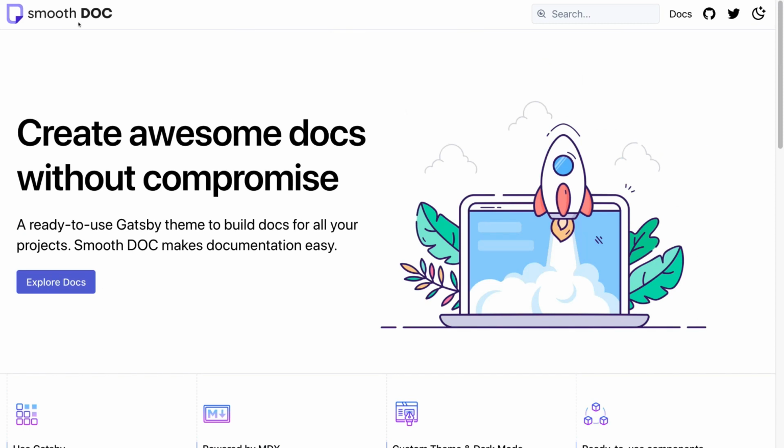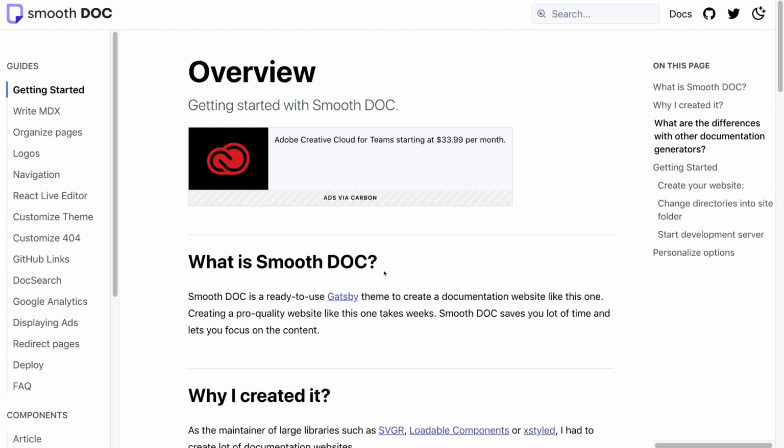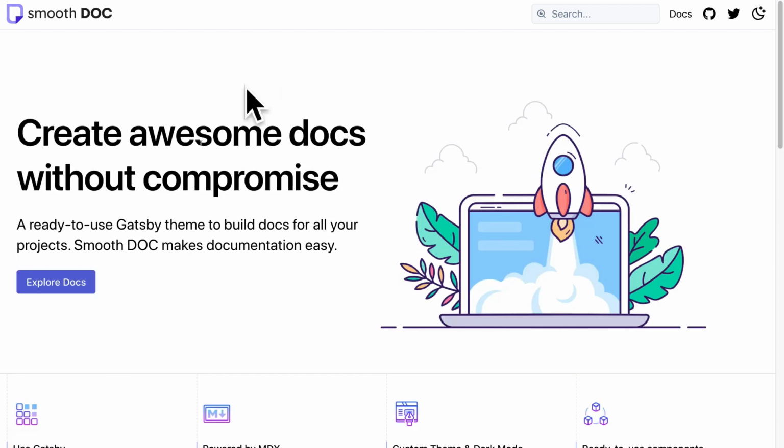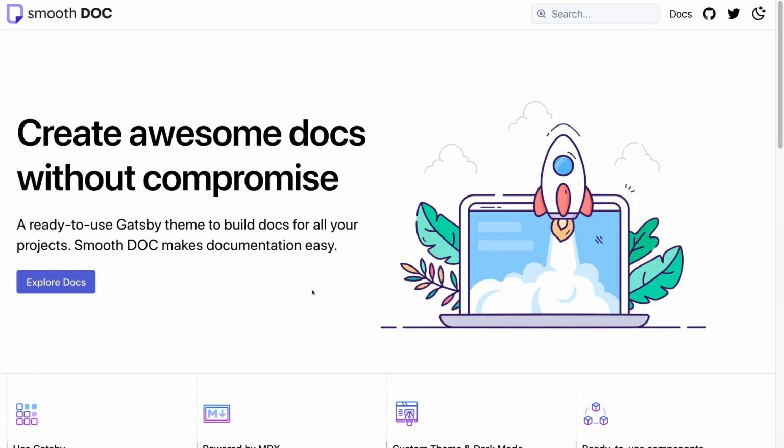So there is the home page of our documentation. This home page, or the number of pages that you want to define, will come in the pages directory directly as a .mdx file, and the .mdx files defined in the docs directory inside the pages directory will come in a tabular format in the documentation. So let's say things like getting started will be a .mdx file in the docs directory, and the file corresponding to this page, the parent page, will be in the pages directory and not in the docs directory.